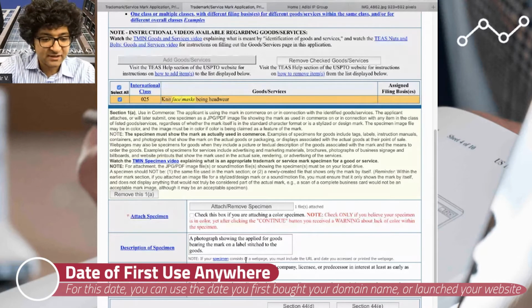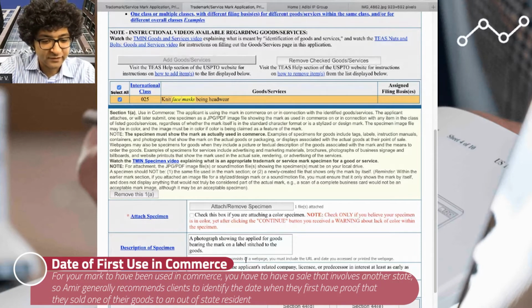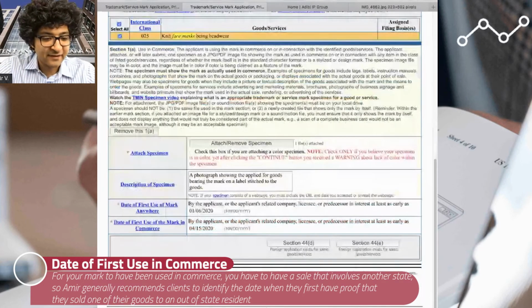And first use, I'm just going to say the first use of the mark anywhere. I'm just going to say 01/06/2020. And first use in commerce, I'm going to do everyone's favorite, tax day, 4/15/2020. Okay, so once I click Assign Filing Basis,